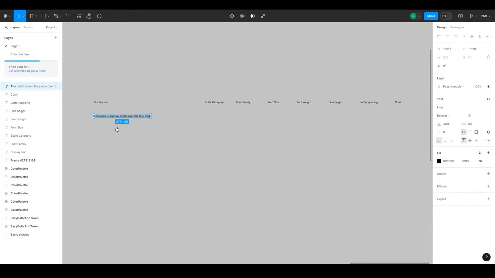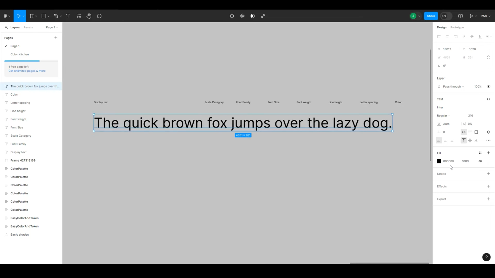9. Alignment. Definition: text alignment affects how the content is perceived and read. Common alignments include left, right, centered, and justified. Best practices: left-aligned text is generally the most readable, especially for body content. Centered text can be used for titles or short pieces of text, but should be avoided for large blocks of